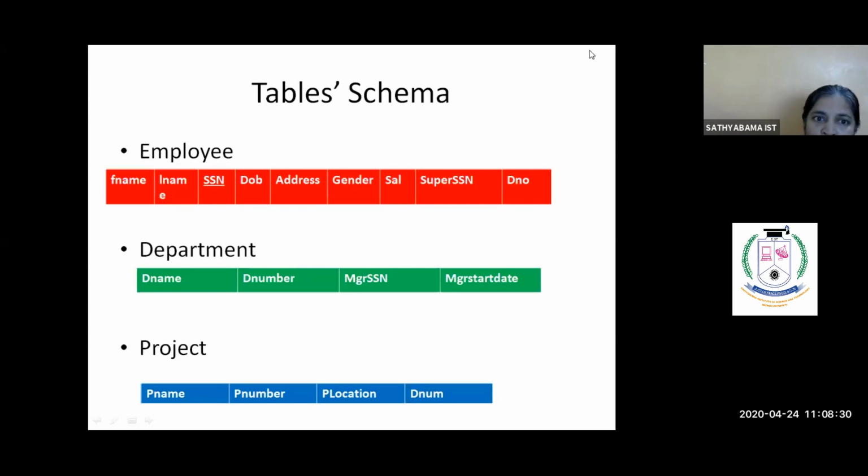And DNO of employee table is a foreign key. Foreign key means a reference key. Through this DNO only, DNO of employee table and D number of department table should be connected. So through this connection only, we'll be able to fetch the other attributes of department table from employee table itself. Similarly, department table and project table would be connected by using D number of department table, D num of project table. This is how we connect all the tables directly or indirectly, so that from one table you'll be able to fetch other attributes from all the tables by using this connection.